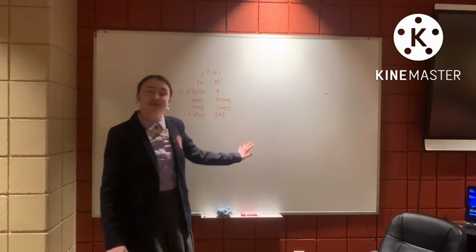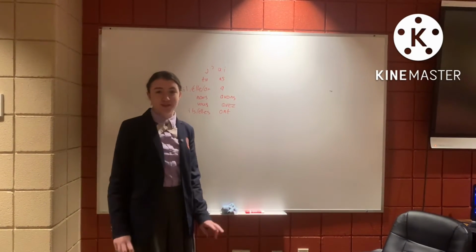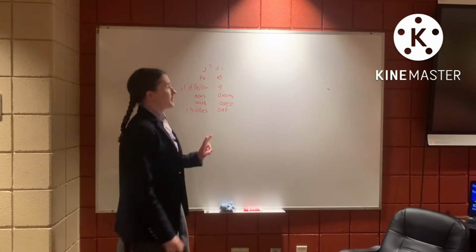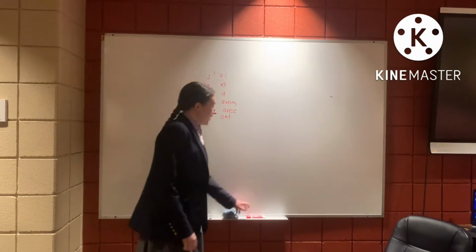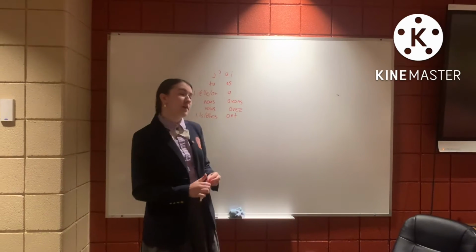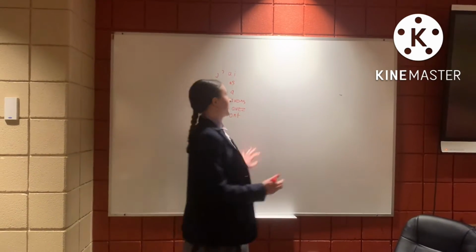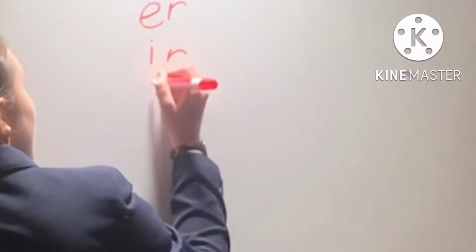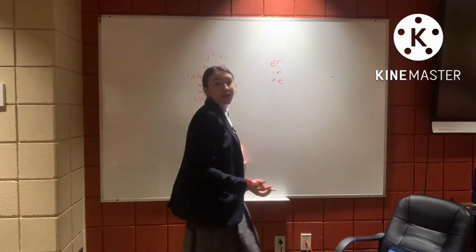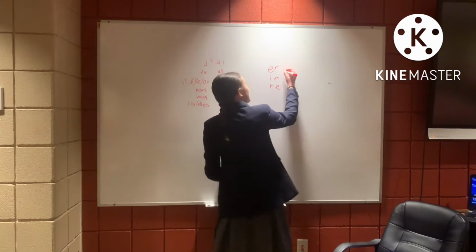So when you're doing the passé composé in French, the important thing is that there are two parts to the verb. The first is avoir, conjugated in the present, which I have already done, and the second is the past participle. Now, for the three types of regular verbs, you drop whatever ending it is, so er, ir, and re, and you add an ending onto the verb.